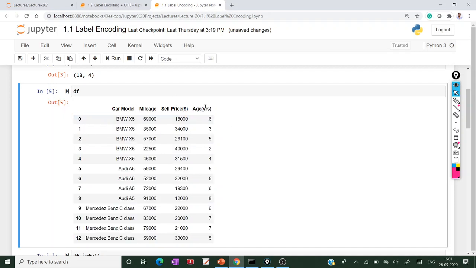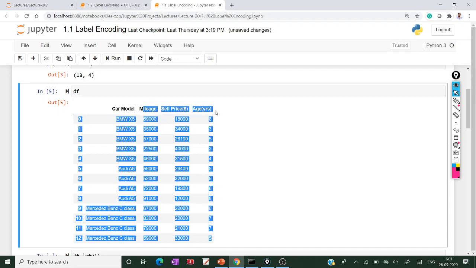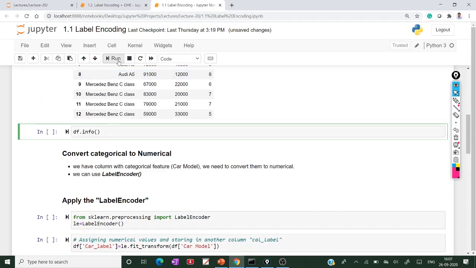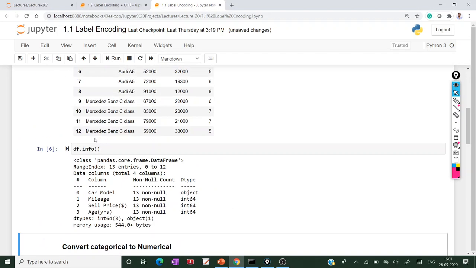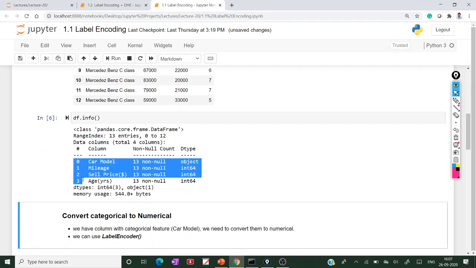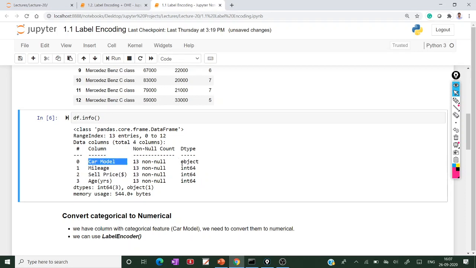In this data set, car model is the categorical feature, and the rest of the 3 features are numerical features. If you execute df.info, there are 4 features. Car model is of type object.